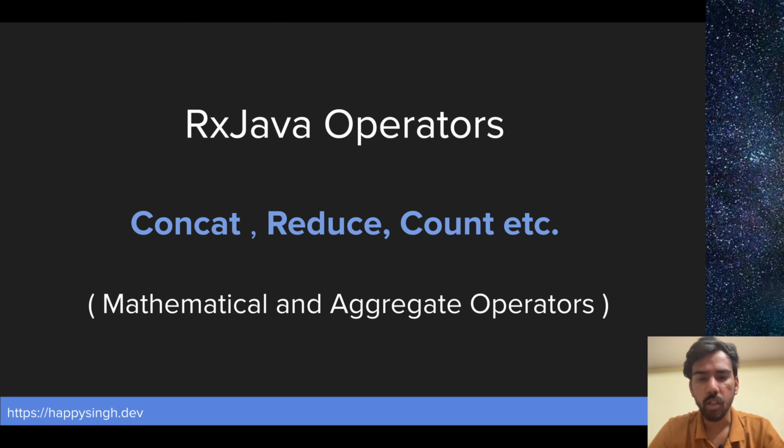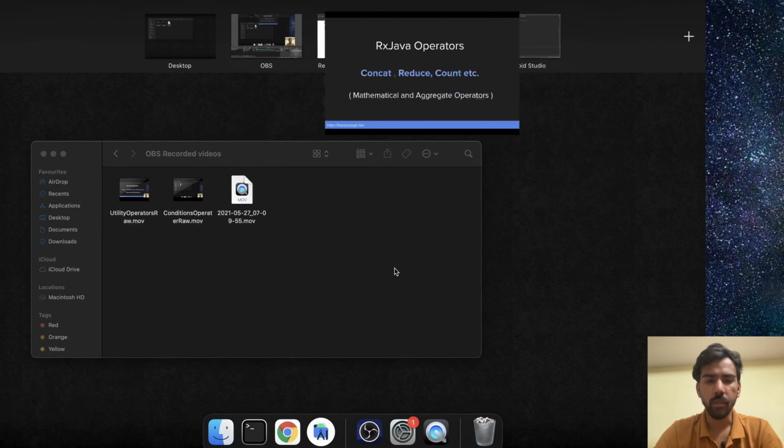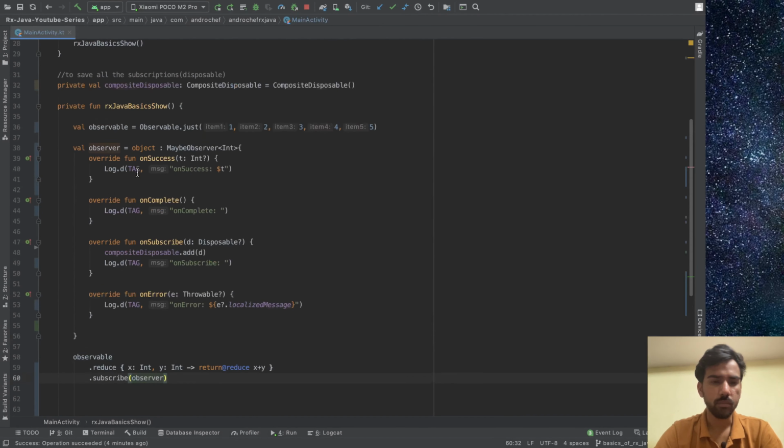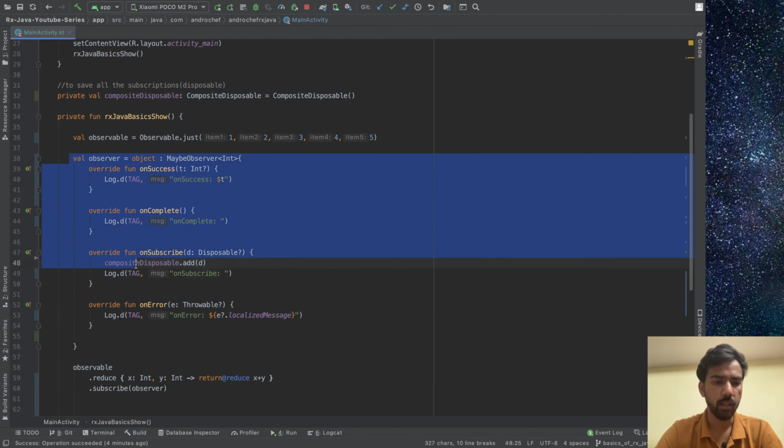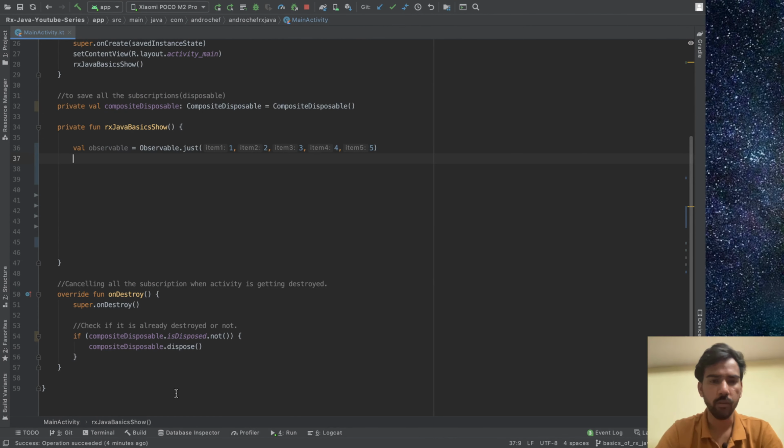So the next operator we are going to see is the count operator. As its name represents, if you have 5 items in your data stream, it will return 5. So let's implement the same in Android Studio. Let's say we have our data stream of 5 items.